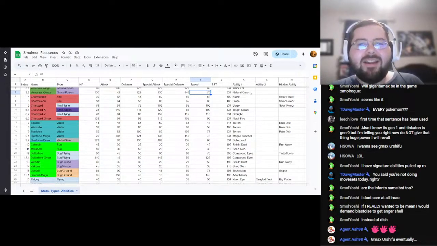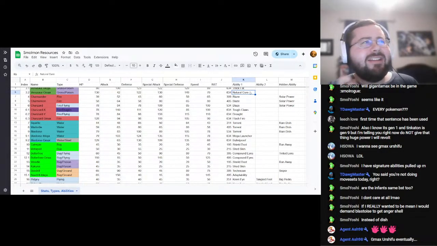And I gave it Natural Cure as the ability. I'm not in love with Natural Cure, so if anyone has any other ideas for an ability for it, feel free. I don't think Chlorophyll fits, because if you've seen a picture of this thing...